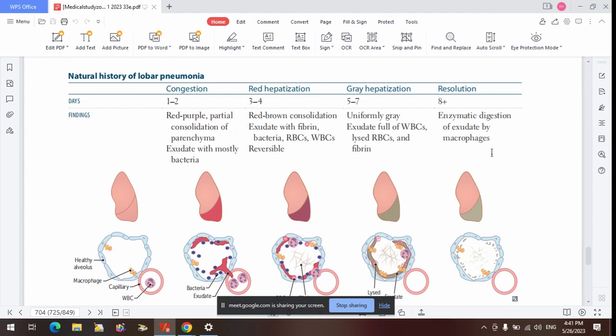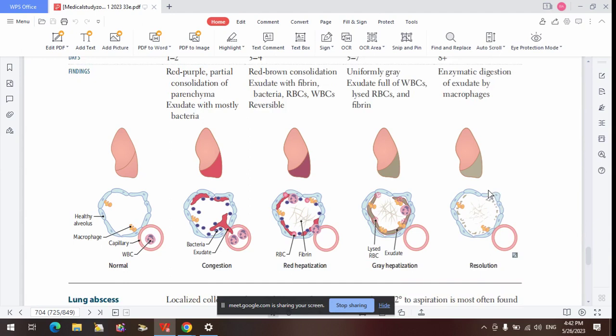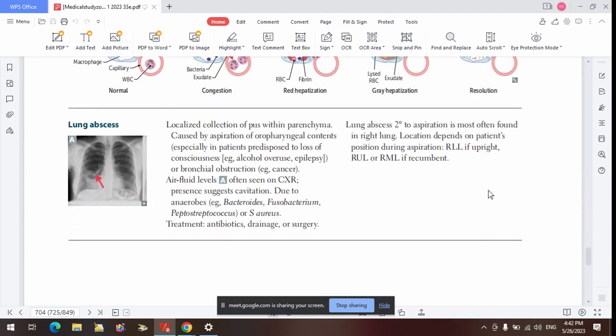By the time you move from day 3 to day 4, to day 5 and day 7, your macrophages come around, your neutrophils are still there, and your macrophages start degrading the red blood cells, losing the red color, and it makes it appear gray. By the end of the first week, that is day 8 and beyond, you have total resolution of everything. Your inflammatory response has subsided, the red blood cells are taken out, the fibrin is taken out, even the neutrophils are dead. You can have minimal healing by scar tissue, or not even scar tissue, and the lungs get back to normal. So we've talked about